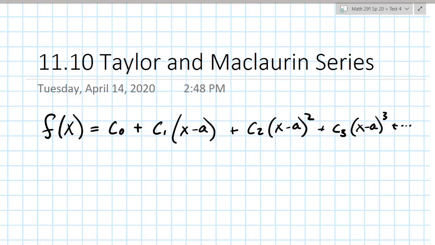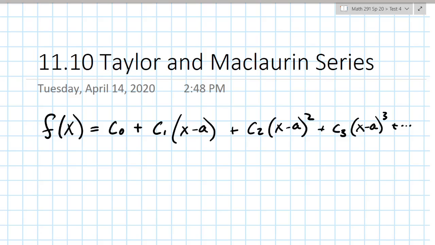In the last section, we looked at writing some functions as a series, and we saw a lot of geometric type series in that section. In this section, we want to go a little bit more general. Suppose we have an f of x, and it is written in this form: c0, c1, c2, c3, and so on. Notice we have a bunch of x minus a's, so this is the power series centered at a,